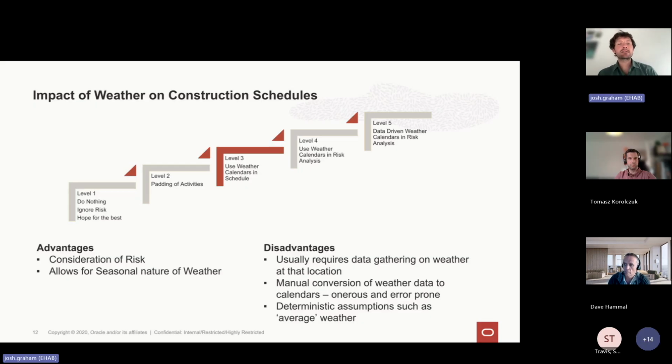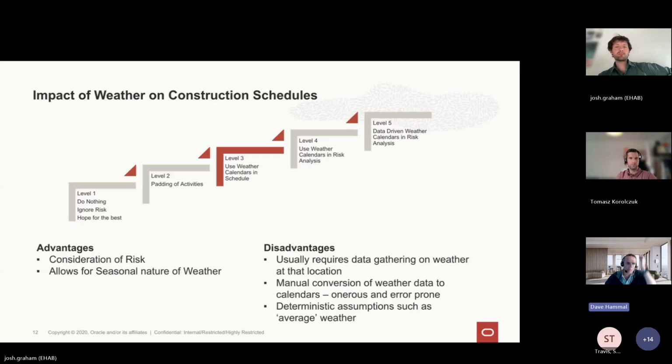Of course these things can be pretty useful, but what I generally don't see is people using data to back that up. Of course, the weather data can be quite changeable from mile to mile, even, depending on the topography of your area. Really what this level 3 is about is people making their best assumption and using that calendar to block out time. I don't know, Dave, if you had a comment here.